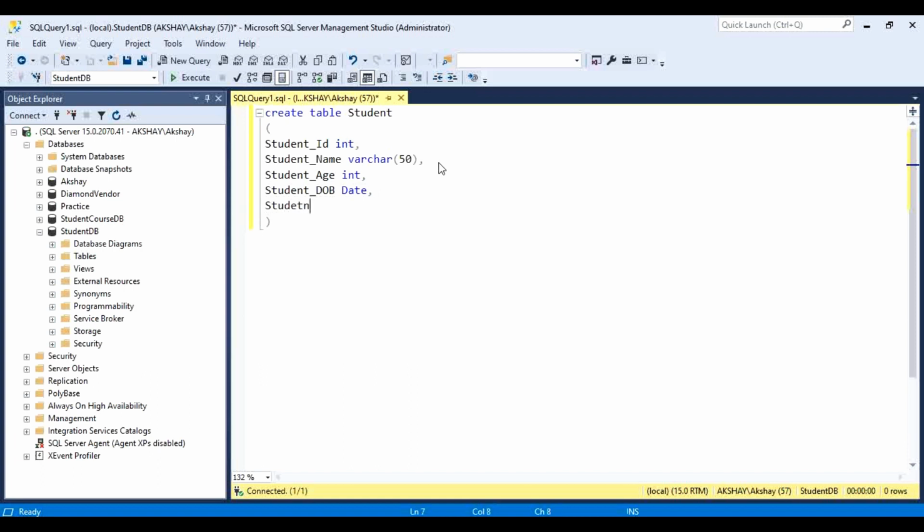And after that, let's say student gender here, and for that also I will use varchar, and I will show you why I am using varchar. Because anyway we have taken the radio buttons, but we are going to show this name only here, that is if he or she is male or female. Okay, and also what kind of course he or she has selected, student course, that also varchar.